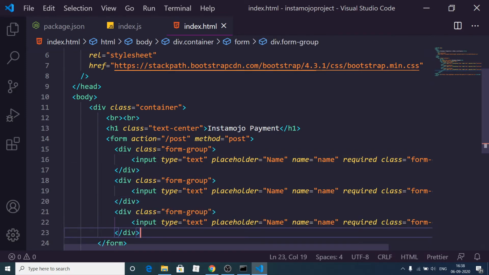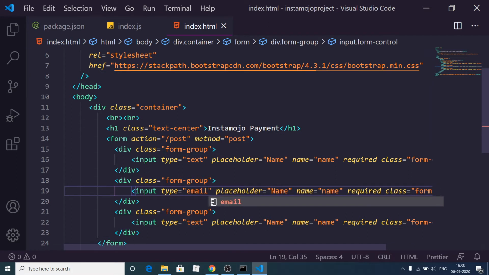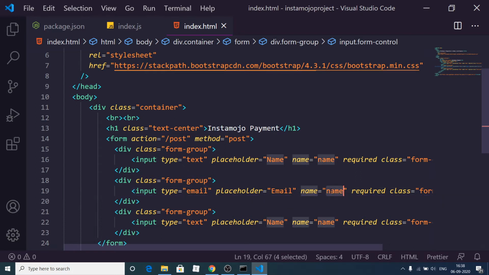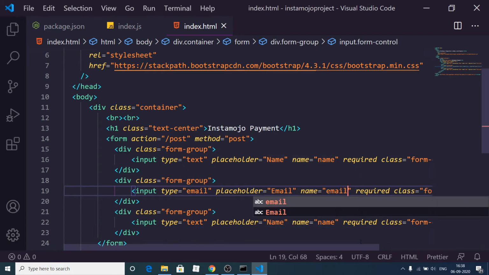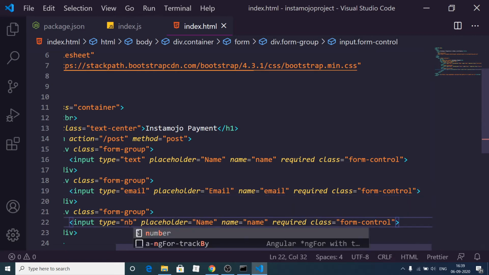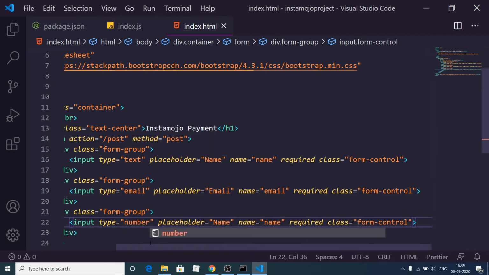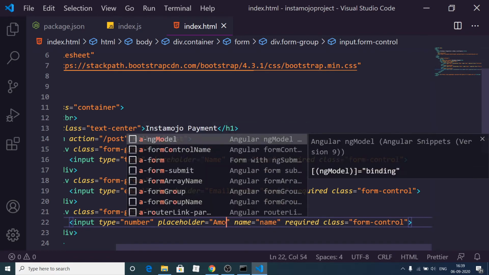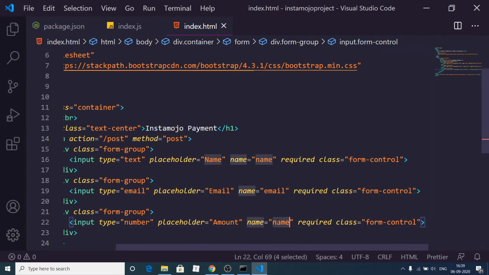This I will change to email, placeholder will change to email, name will also change to email, and that's it. And this one will be the amount. So this will be input type number, placeholder will be amount, and the name will change to amount. That's it.